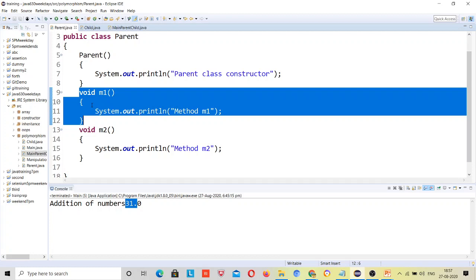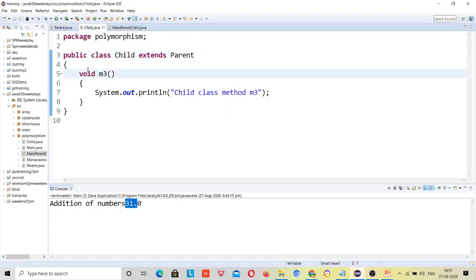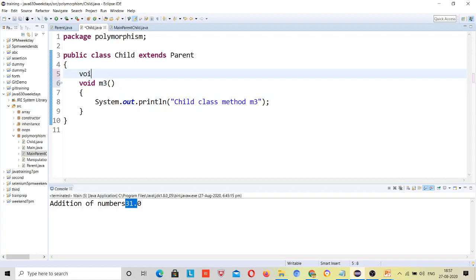Similarly over here, this child class is not satisfied and it says that I just want to provide my own implementation for the same methods, right? So what it needs to do is just write the same method over here.